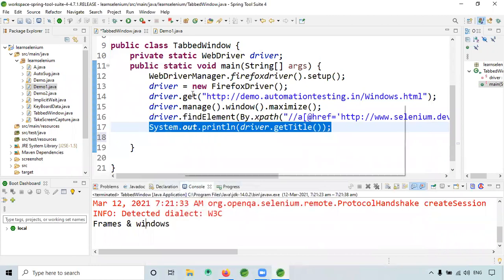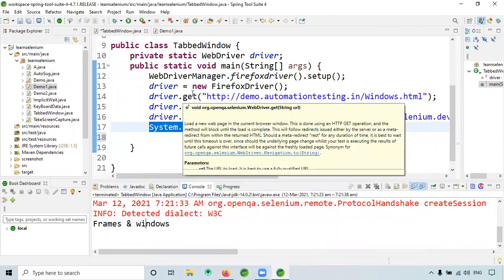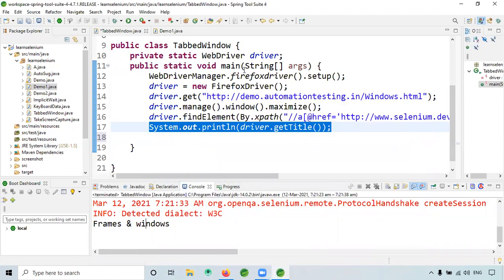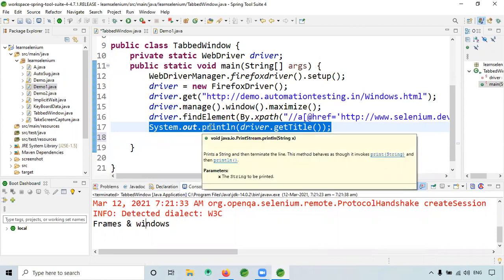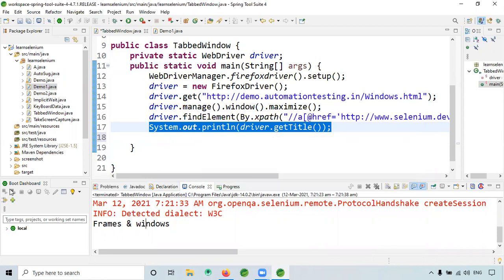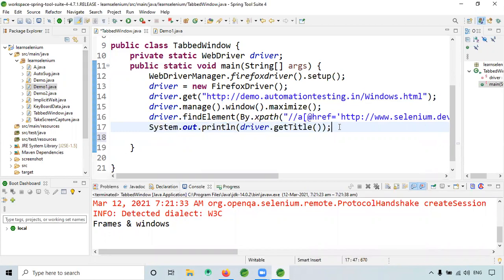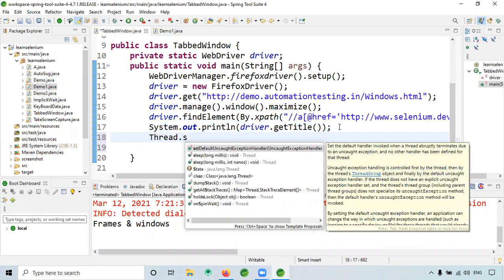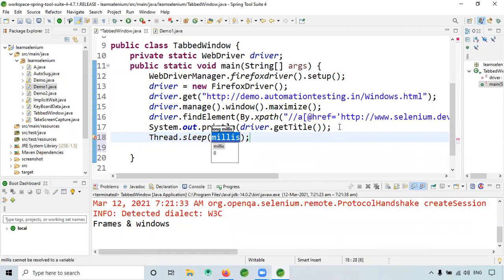In this case, what we can do is we have something called an iterator. We have to use something called an iterator. So here I will give Thread.sleep and let it wait for 2 seconds.